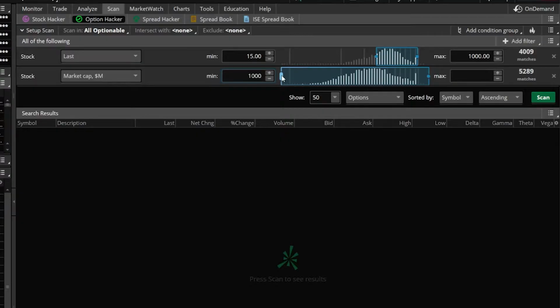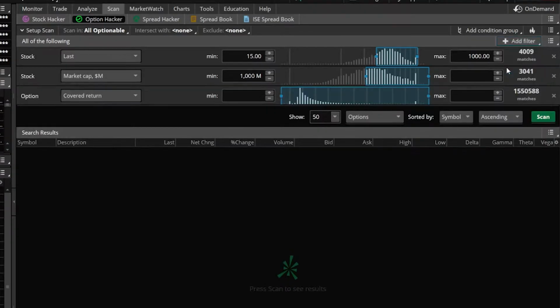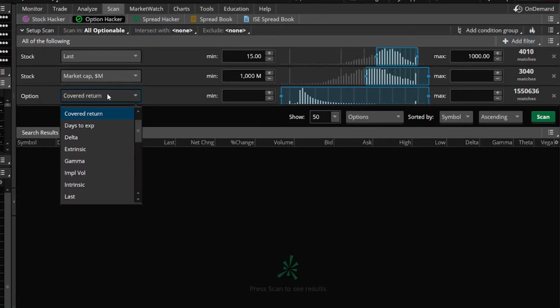In my case, I'm going to move off of the stock filters and come up here to the Add a Filter box, and now we're going to add some option filters. So we're going to go ahead and click on options here. From there, you can see I've got an option filter on the left-hand side now. I'm going to go ahead and click on the drop-down menu, and the first thing I'm going to find is